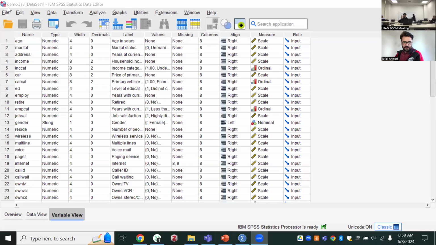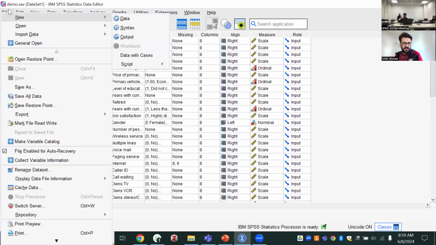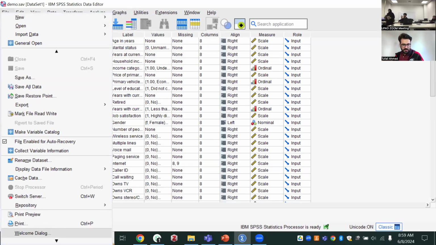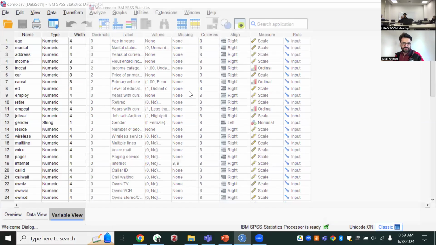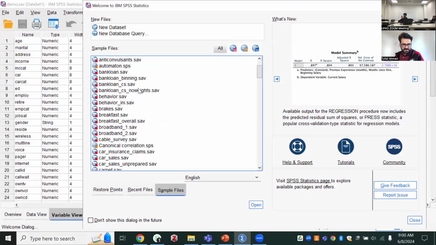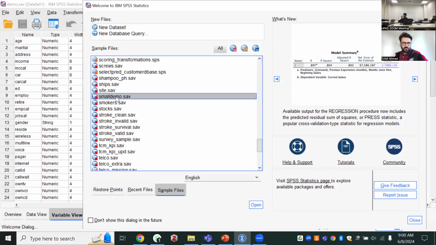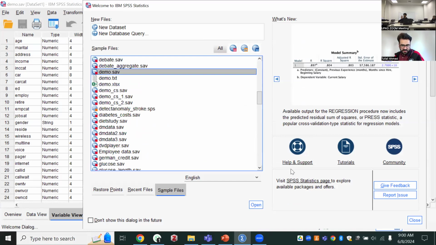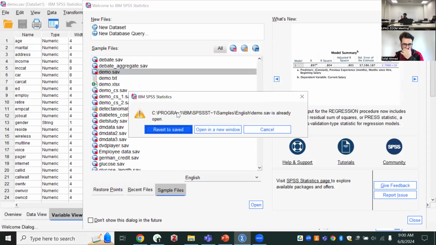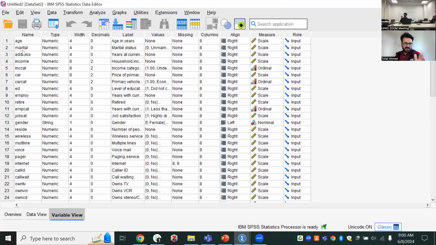Yes. Now we can see the software. Usually, when you go to File and come down to Welcome Dialog and click it, you have some sample data from the SPSS software itself. So here I can open anything. Let's say I want to open a demo data set. You can type D and you will have the demo data set, because we will be using this data a lot during the course of this lecture. So when you open it, okay, open in a new window, let's say. So this is the new data open.